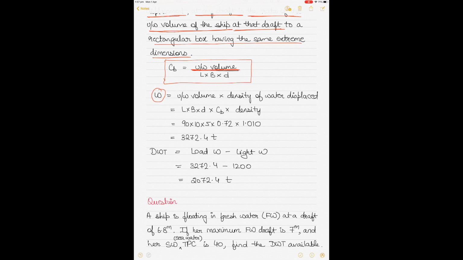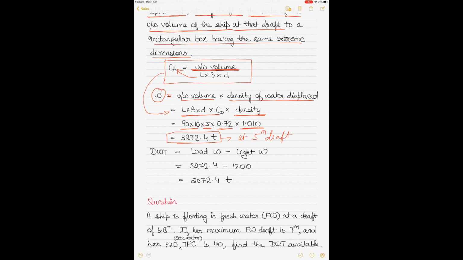So again, displacement will be equal to underwater volume multiplied by density of water displaced. The underwater volume, as you can see in this formula here, will be equal to length by breadth by draft by block coefficient, and displacement is that multiplied by density. Yes, so I got this from this formula here. Then putting the values, the length and the breadth and the draft are given to you, the block coefficient is given to you, the density is given to you as well. Calculate your displacement at that particular draft. So your displacement at 5 meter draft